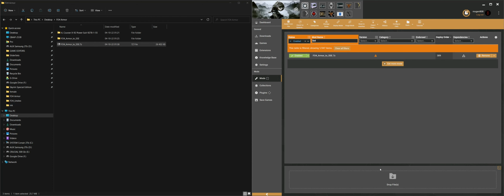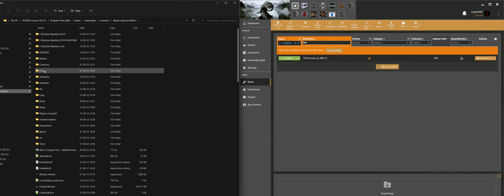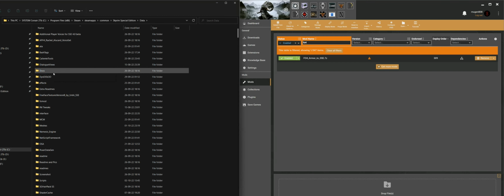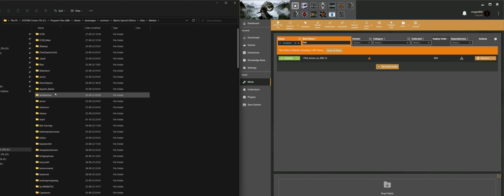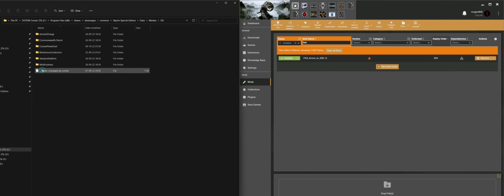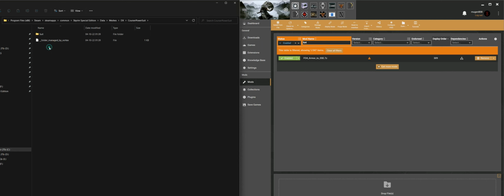Congratulations, you just made a mod, but it's far from ready. Once the mod has been installed, then we want to go to our game directory, the Skyrim data folder. Look for the meshes folder and go to your mod folder containing the NIF files. There's my armor.nif. I actually don't need the object file, so I'm removing it. I could actually have deleted it before compressing the mod in the mod folder, but anyway.